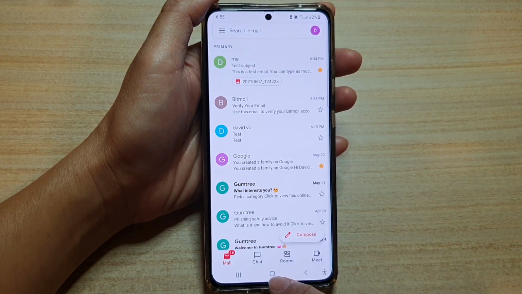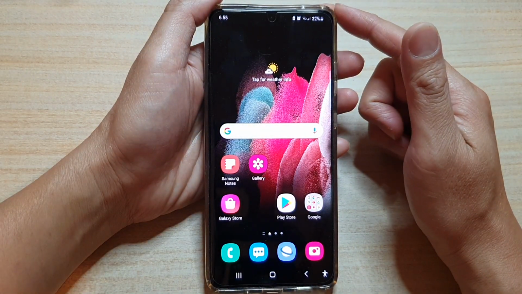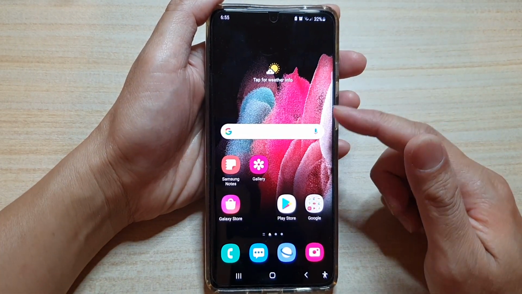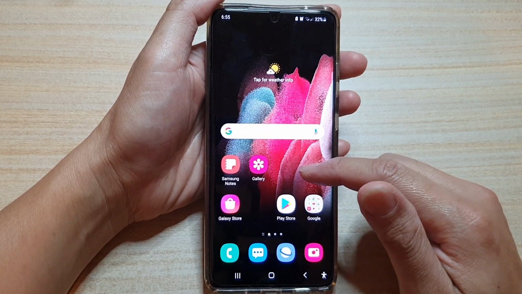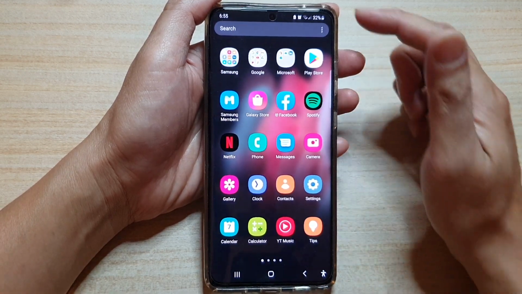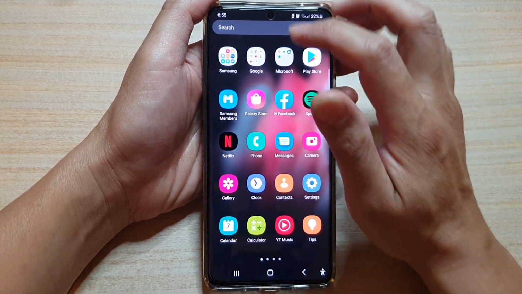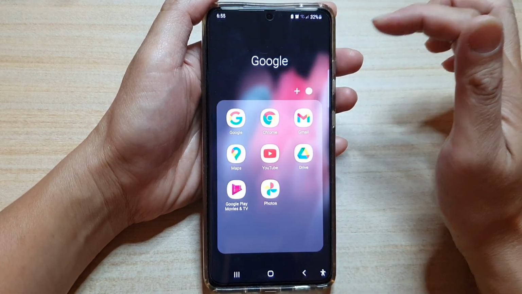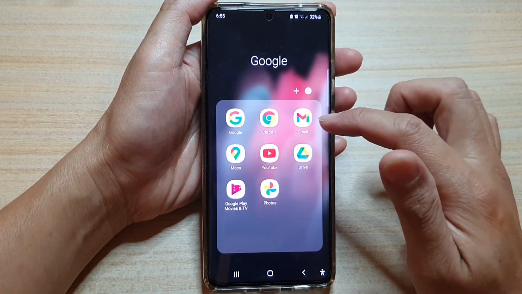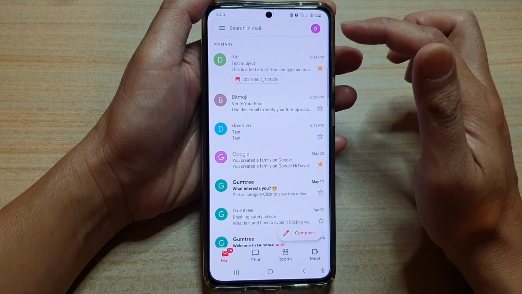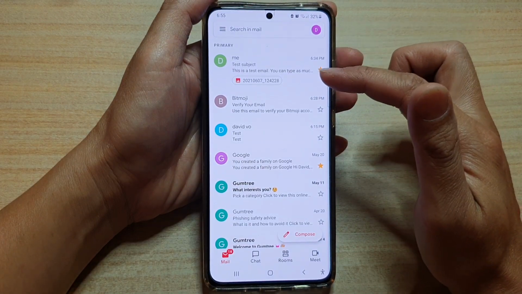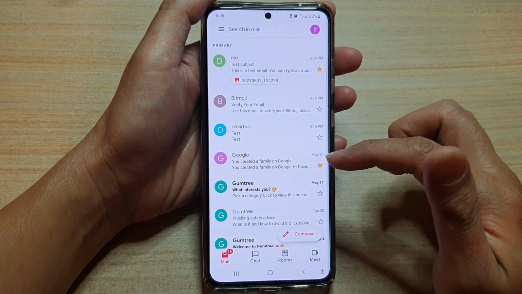So first, tap on the home key to go back to your home screen. And on your home screen, you want to swipe up to go into the app screen. In here, you want to tap on the Google folder. Once the Google folder opens, tap on Gmail, and in the Gmail email content list, you want to tap on